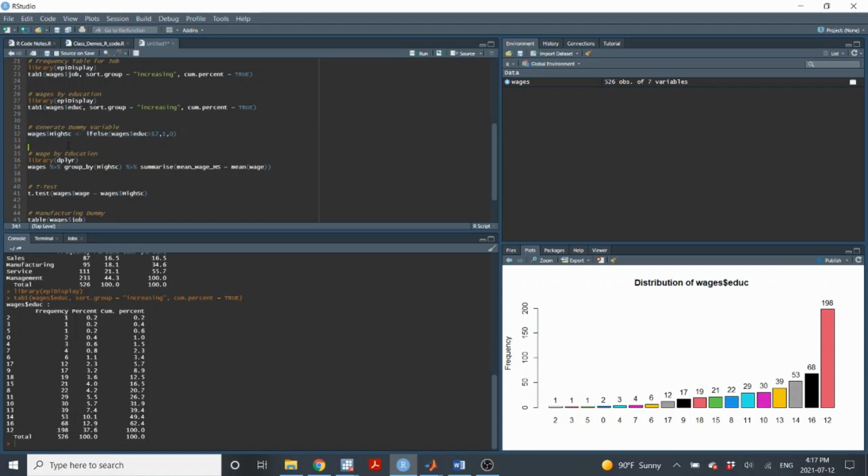So let's look at this line of code here. What I want to do is create a new variable. I want to call it high school. I want it to equal 1 if they have a high school degree and 0 otherwise. And I want to create this variable inside of the wages data set. So right now the wages data set has 7 variables. I want to create a new variable inside of that data set. So I'm going to do wages, the $ sign,